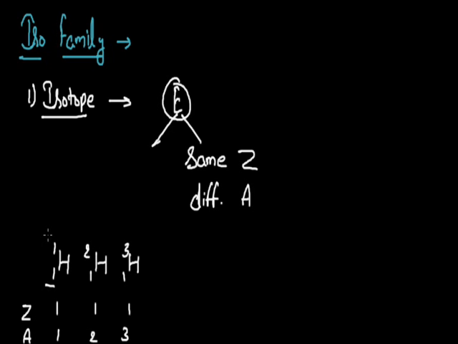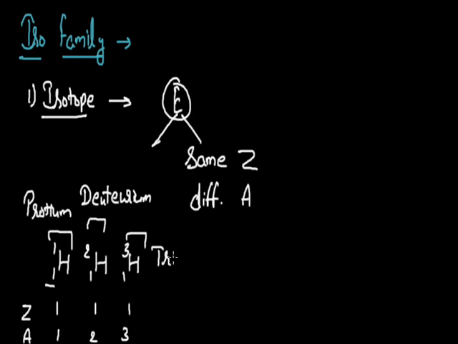Out of these three isotopes, the most abundant isotope of hydrogen is H11. So whenever we are to represent the hydrogen atom, we use this isotopic form of hydrogen. This isotopic form of hydrogen is also termed protium, while H12 is also known by the name deuterium. The third isotope of hydrogen, represented by the symbol H13, is also known by the name tritium. So this is about the isotopes of hydrogen.